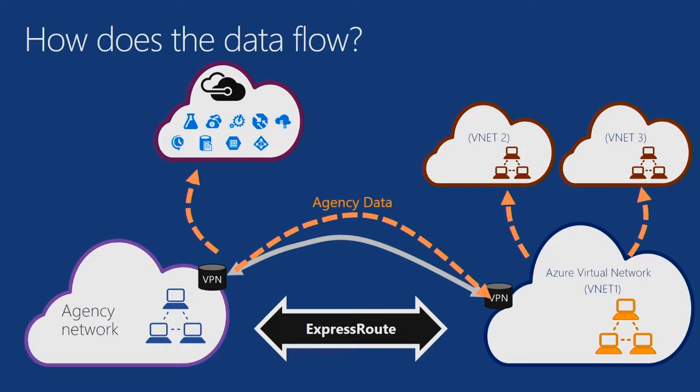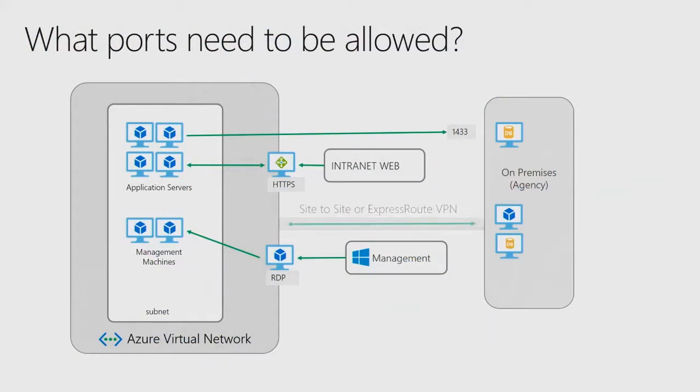Those are interesting things to think about when you're looking at a cloud workload, and really where your data is stored and what you're talking to. It is the nitty-gritty of how things are actually routed, but within agencies, network operations teams care about that stuff, how it routes. And then, ultimately, what ports need to be allowed.